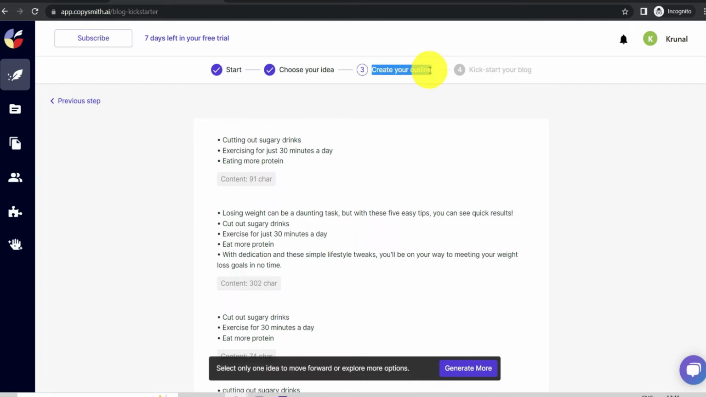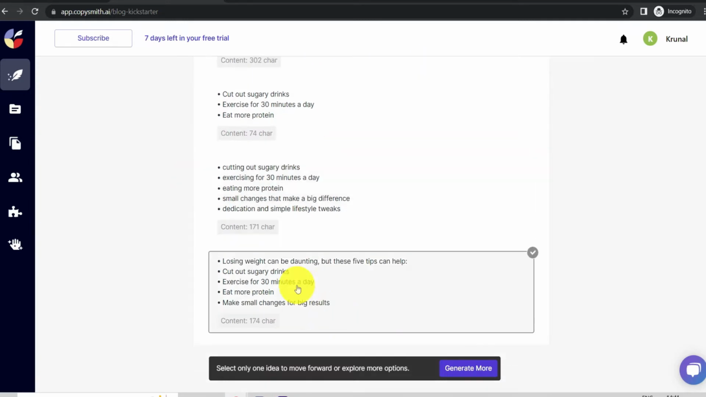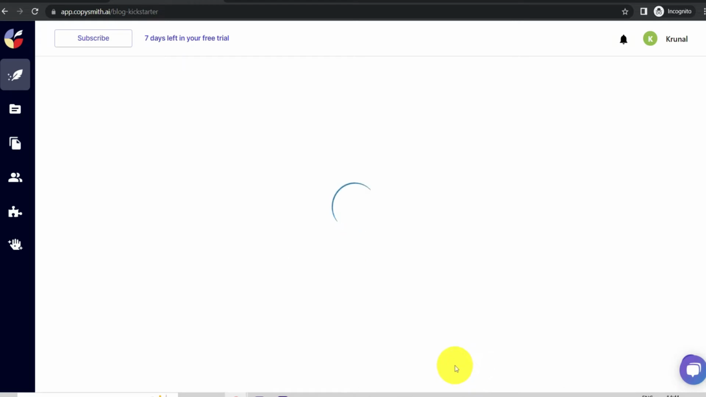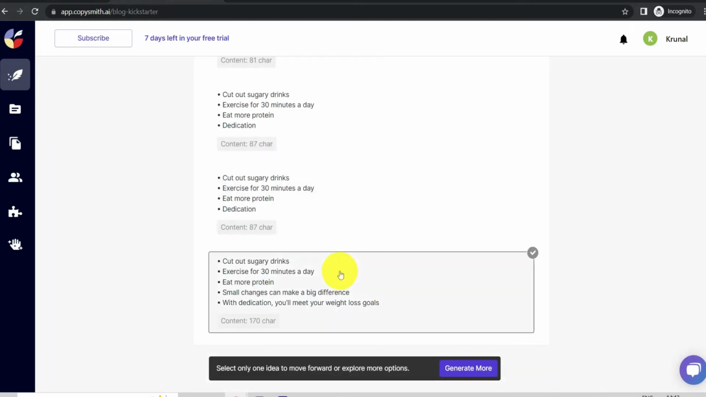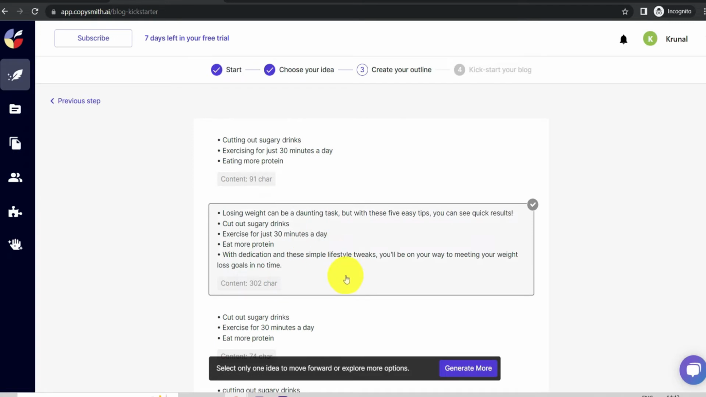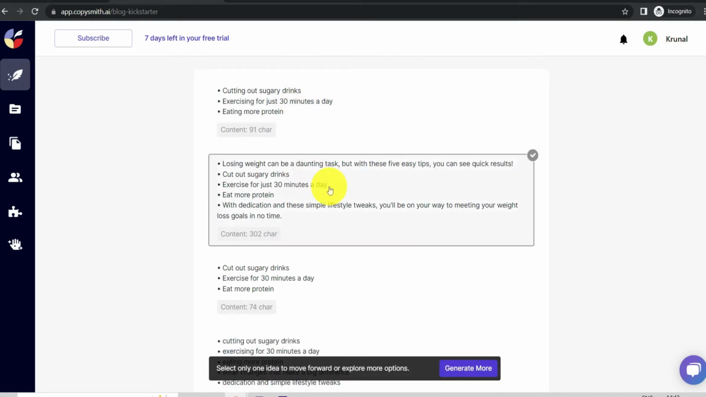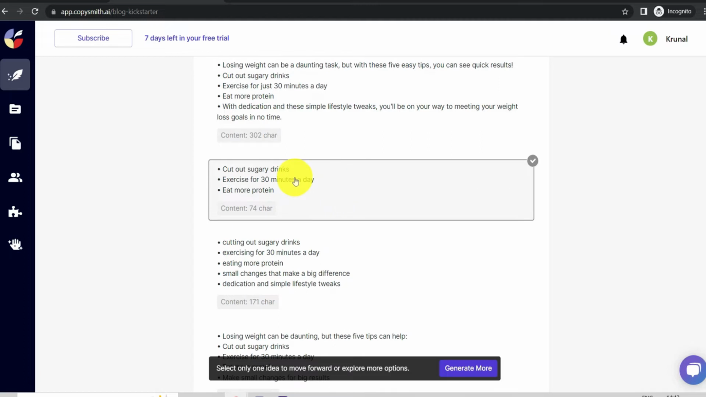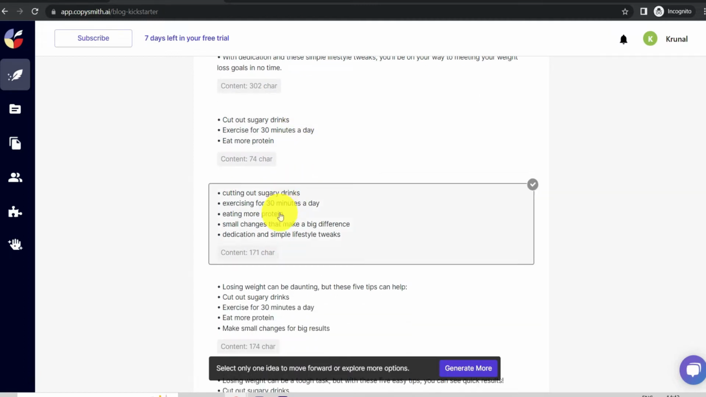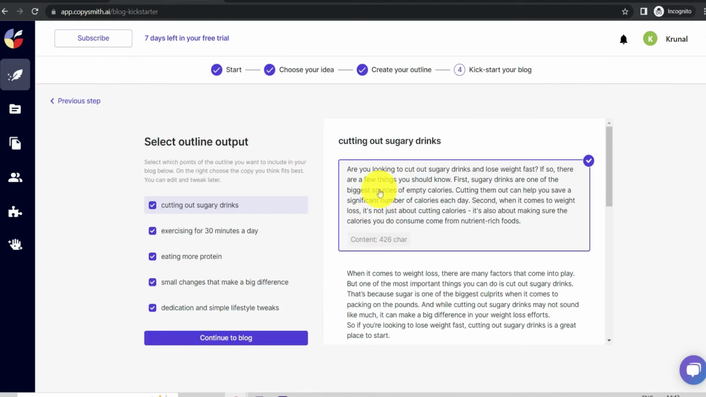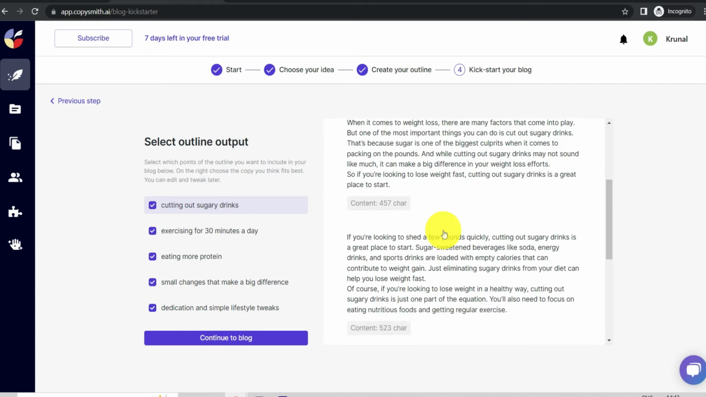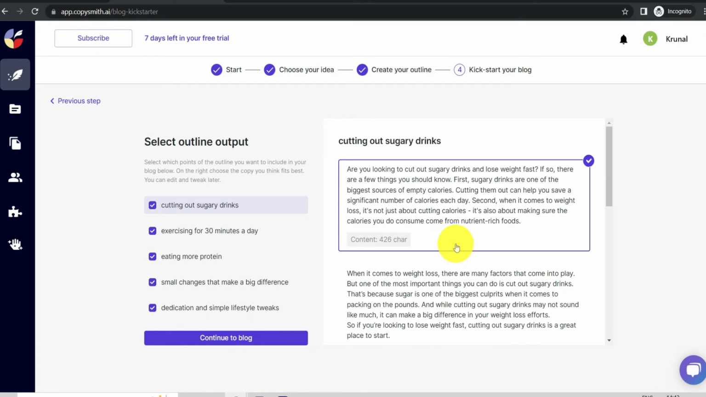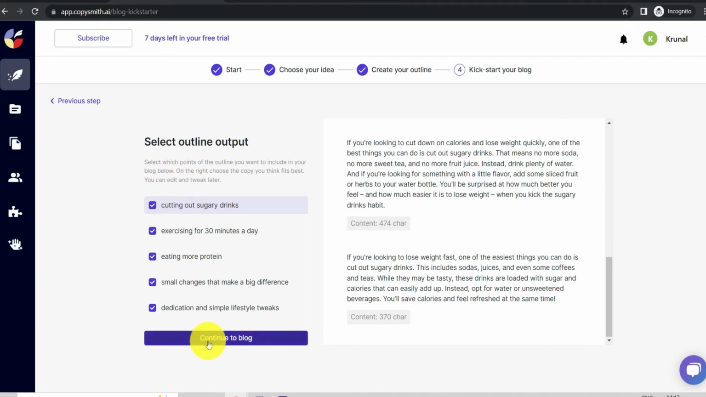So here as you can see, you have to select the outlines. So if you don't like anything, you can just click on generate more, so that will give you more outlines. As you can see, it has generated more outlines. So select any of the outlines from here, whichever you like, and click on continue. So once that is done, kickstart your blog. So on the left hand side you can see that's the outline. So once you click on continue to blog,